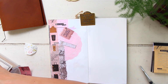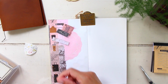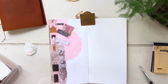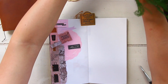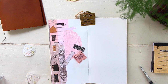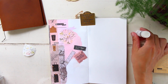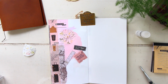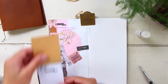So because I was doing a lot of recording this day, I really didn't have anything special. I know I keep saying the same word, special, but there's nothing really meaningful that happened in this day that I could use to decorate my layouts. I like to decorate my pages with a theme that somehow reminds me of what happened that day. So if nothing special or meaningful happened, then those are the days that I venture a little bit with the layout and I change it up a bit. So this is one of them